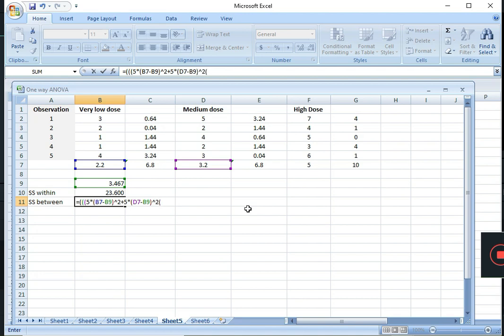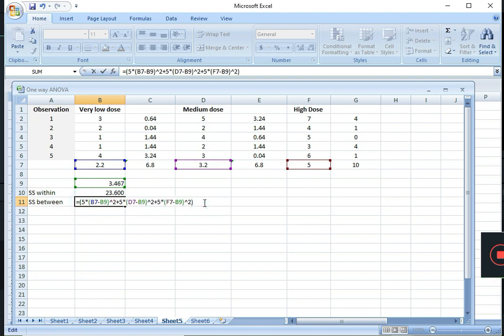Plus 5 into this, third one minus this hat, bracket close. Now one bracket is closed, I probably don't need this many brackets.